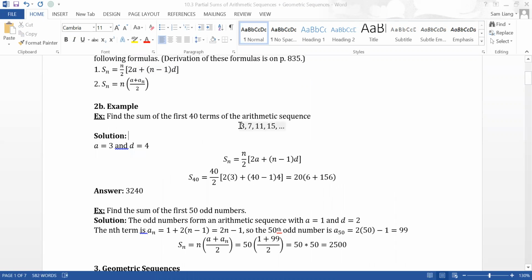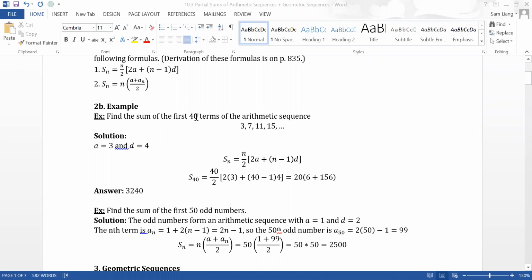So here, the first term in this sequence, as you can see, is 3, and the common difference is 4, right? Because to get from 3 to 7, you add 4. From 7 to 11, you add 4, etc. Okay, from there you just plug in the numbers. So I'm going to use the first formula here,